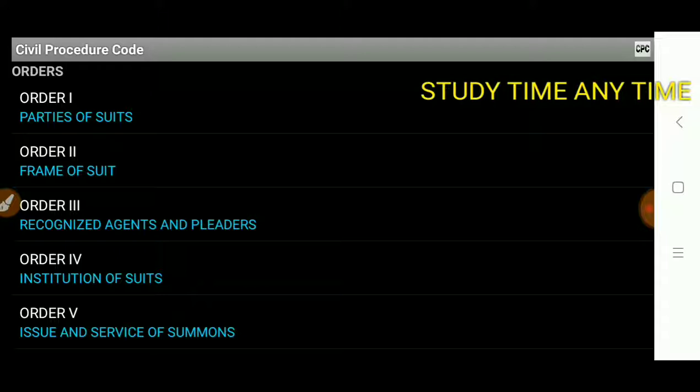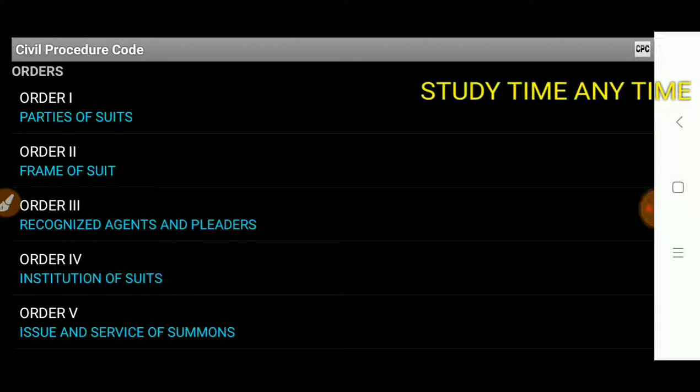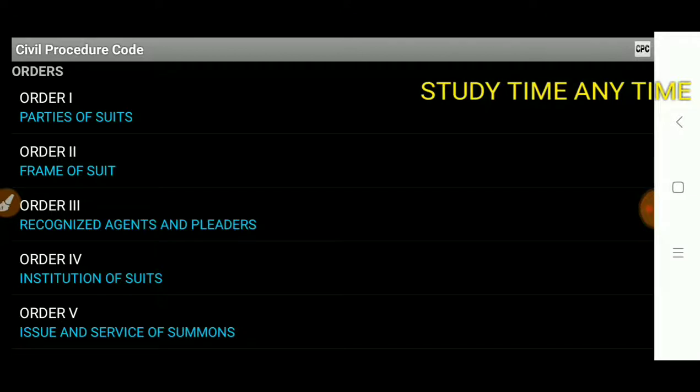And today our lecture is concerned about the Civil Procedure Code. Now, you all know that in the Civil Procedure Code there are two parts: one is sections and the other is the orders. Now, in order to learn the orders, you have to keep in mind we will just take a brief outlook